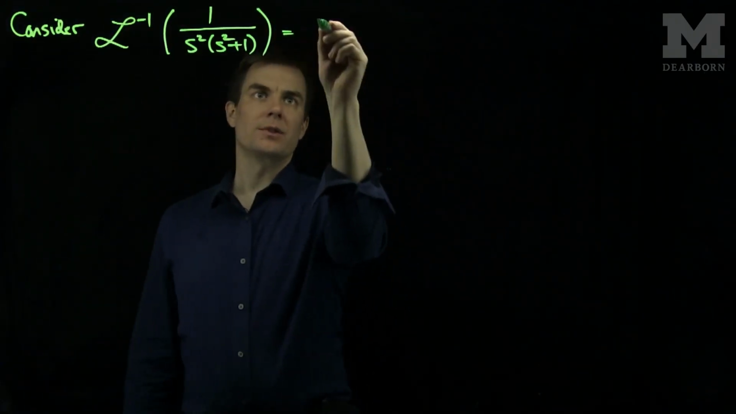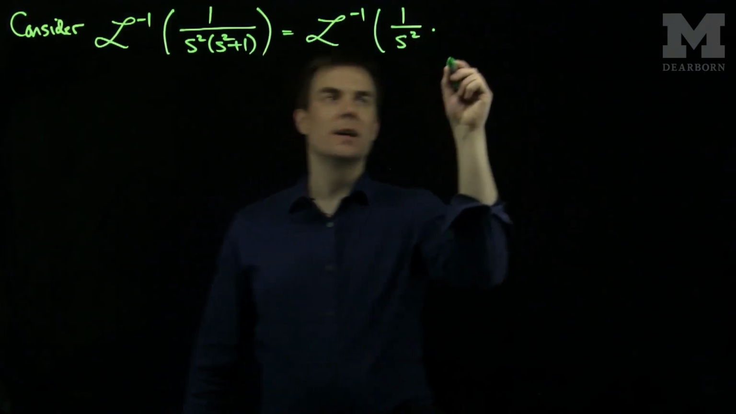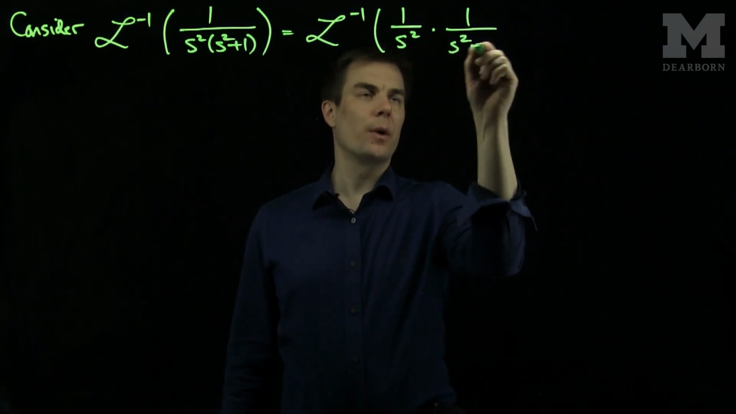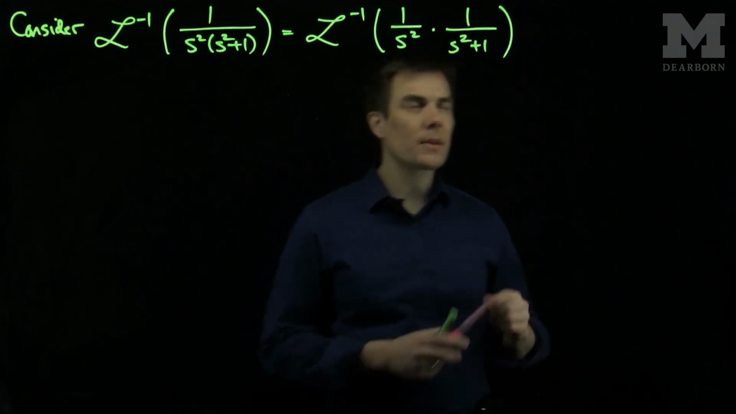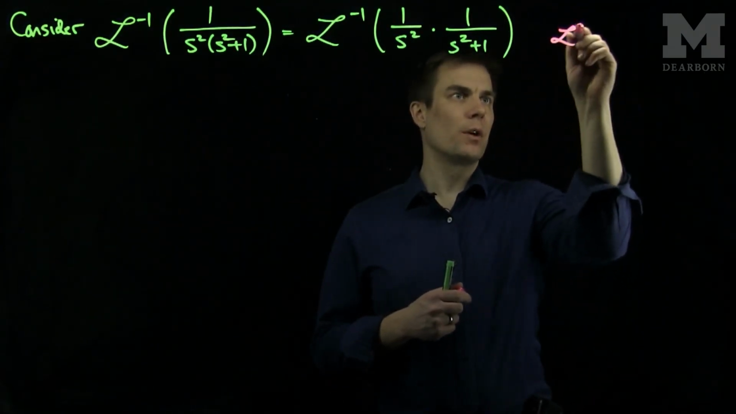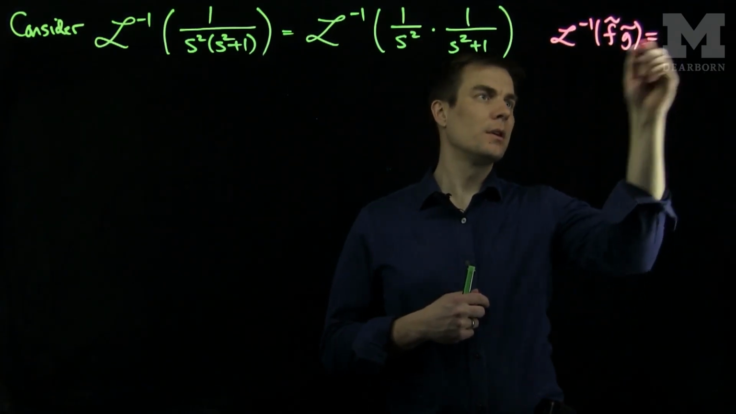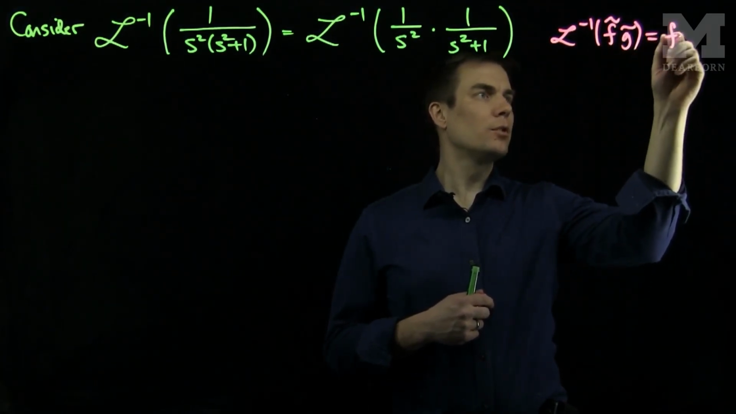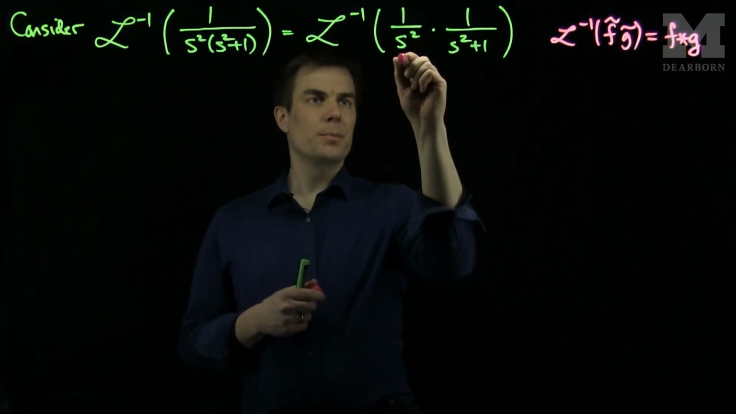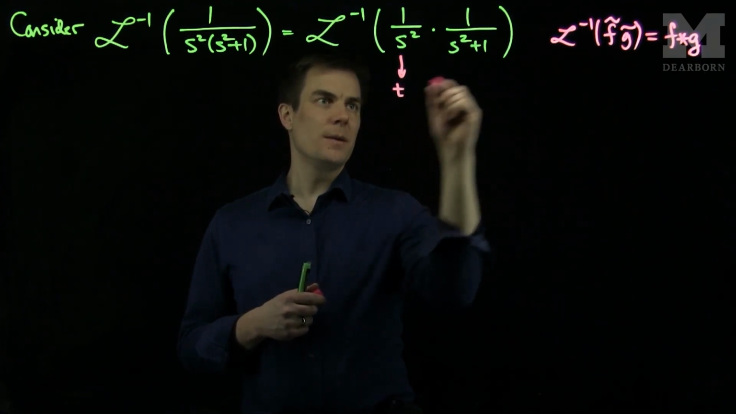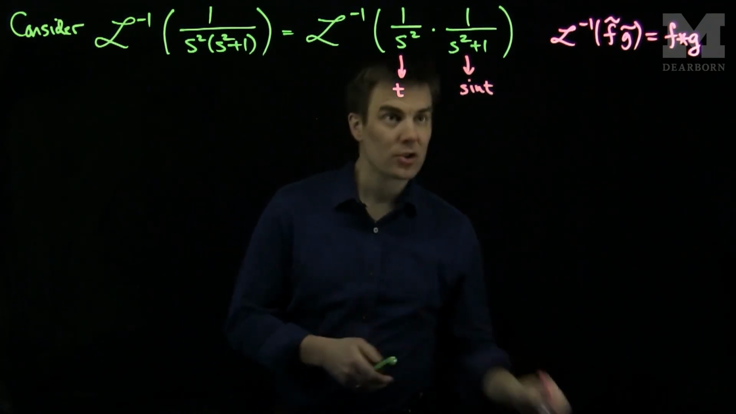We can write this inverse Laplace transform as the inverse Laplace transform of 1 over s squared times 1 over s squared plus 1. And we can use the fact that the inverse Laplace transform of the product of two functions is the convolution of those two functions. Now we know that this particular function inverse Laplace transforms to t, and this particular function inverse Laplace transforms to sine of t. So by the convolution theorem,